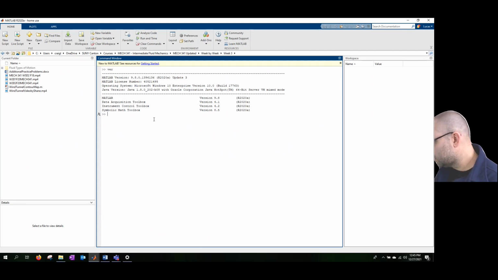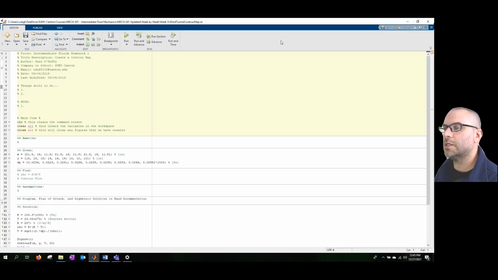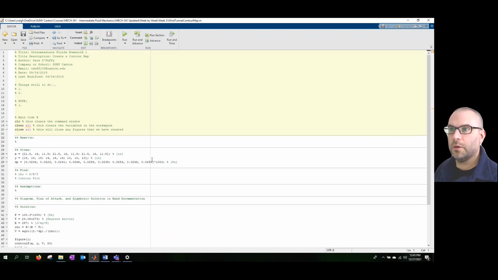All right, let me make sure I grabbed all of this. Okay, let me show you. This is just a saved script from one of my students that she did experiments in intermediate fluids to create what you're going to see here, which is a contour map, okay? So this script